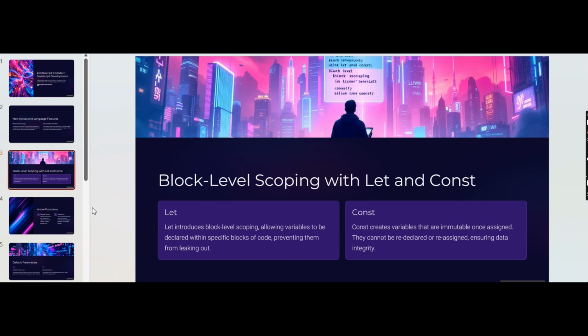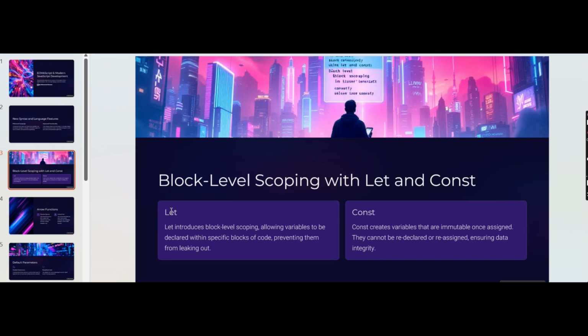Before these keywords, there was the concept of global and function scope, but with the introduction of let and const in ECMAScript 6, the new concept of block level scoping came into existence. Previously we didn't have this concept.